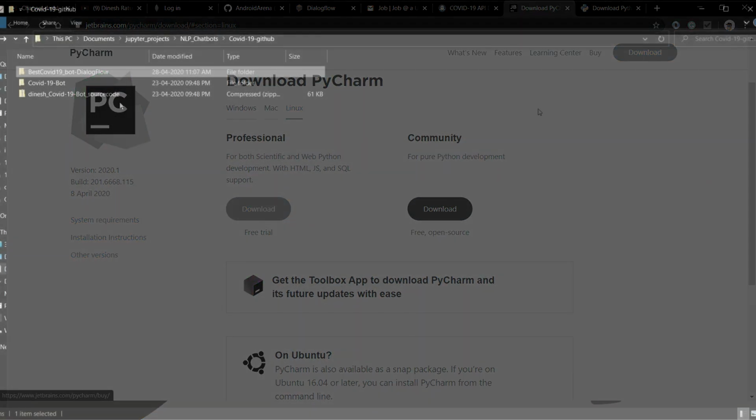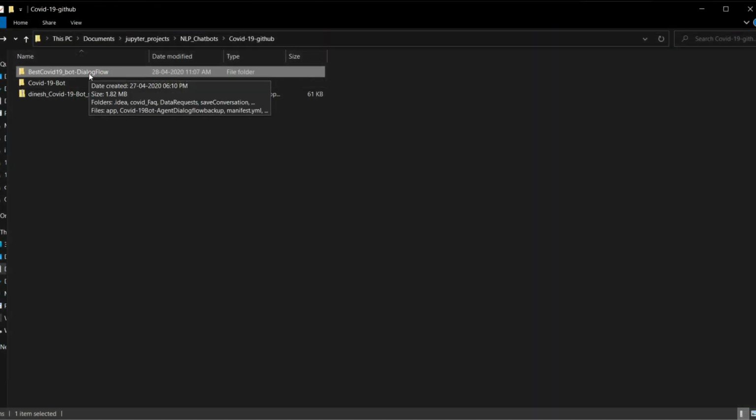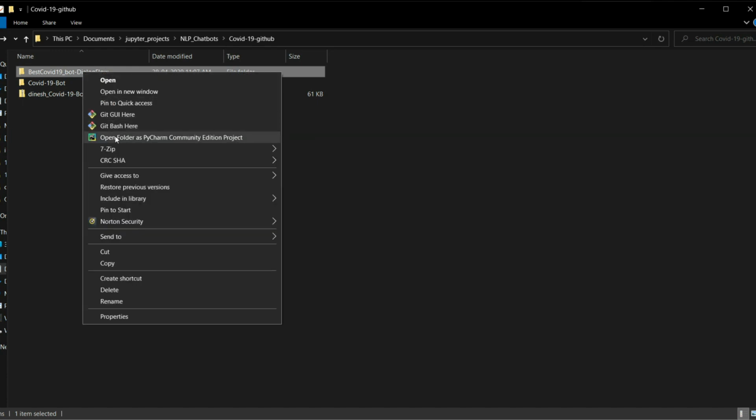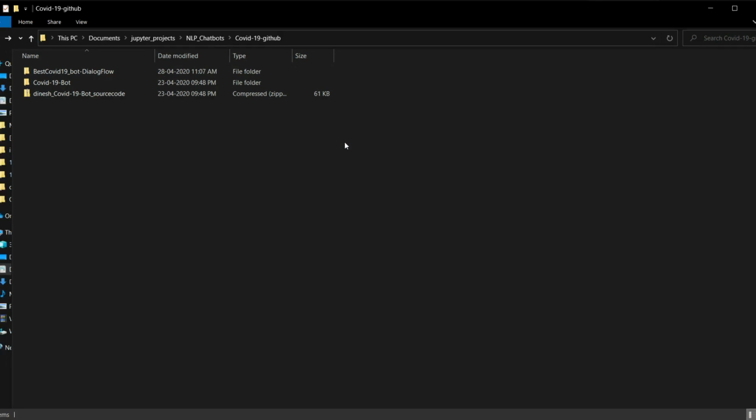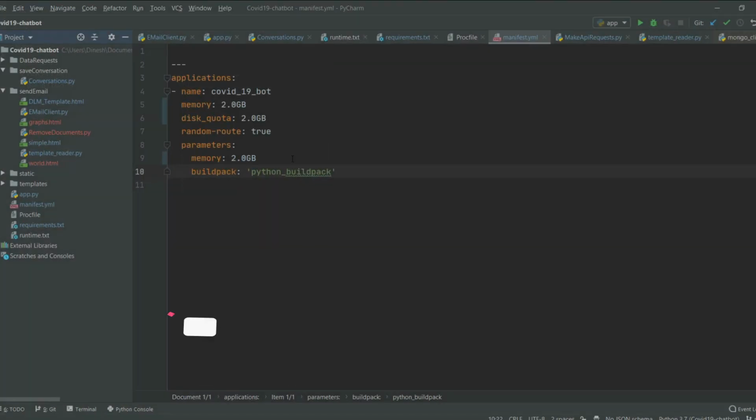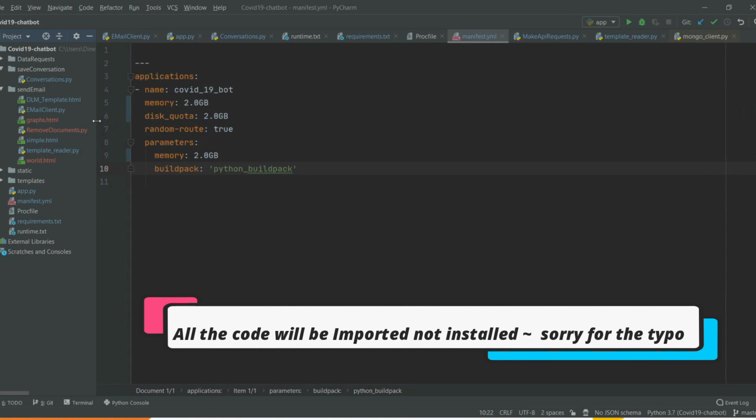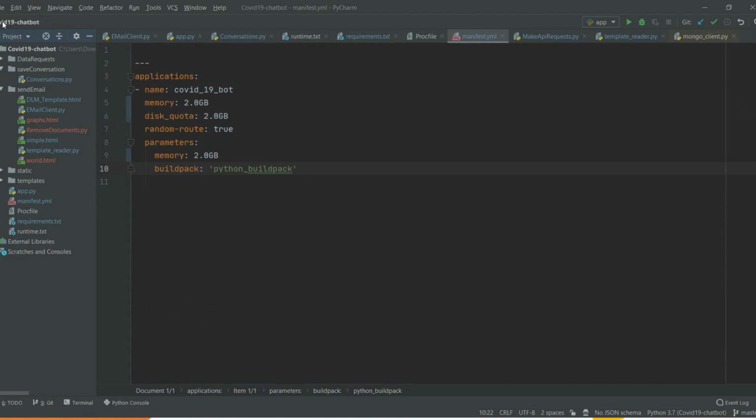After downloading my code from GitHub, you just need to right click on my code and open the folder as PyCharm Community Edition. As soon as you do that, you will find that all the application will be installed on your PyCharm. You will be able to see that your code is opened in PyCharm like this.